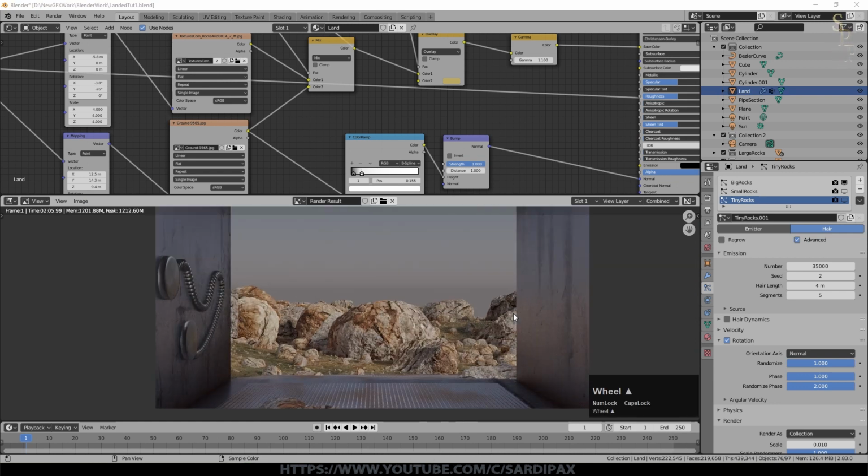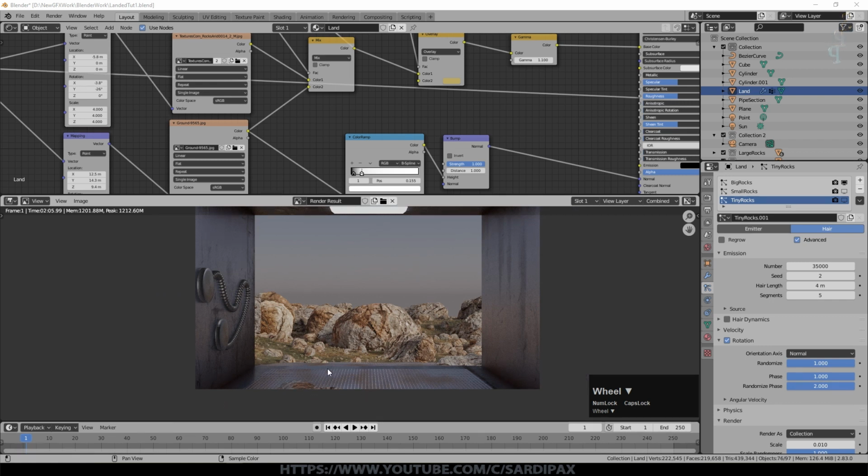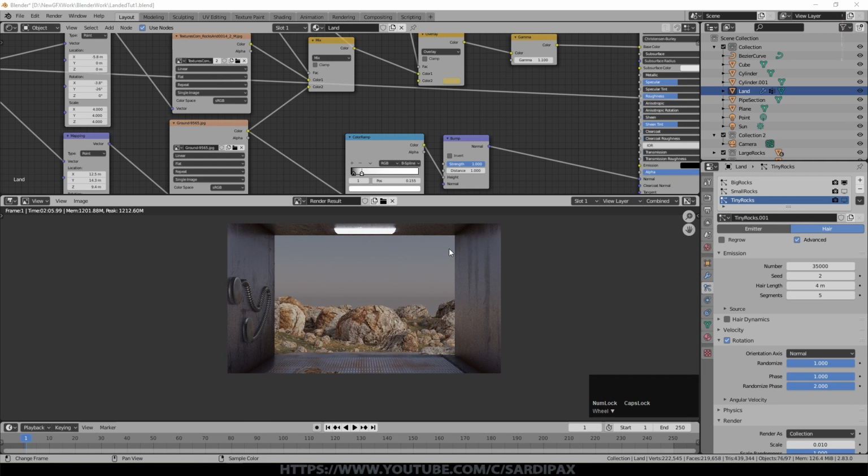So we've got a few more things to do. You can see we've got some rock coming through under here, so we probably need to take away some of the particle systems under here. In my main render, I also had a bit of extra geometry around the edge here and had a little panel with some switches on. Essentially, the glowing switches are exactly the same as this light. It's just adding an emission shader and then setting the brightness however you want it. But the last thing we need to do, other than adjusting these particles, is just put on the dust or mist that's in the air, and then adjust the compositing.